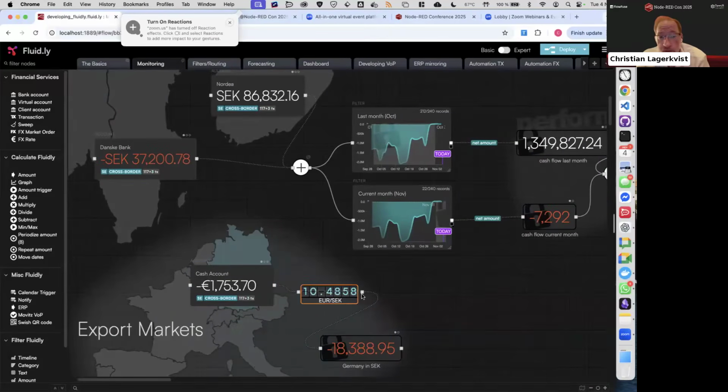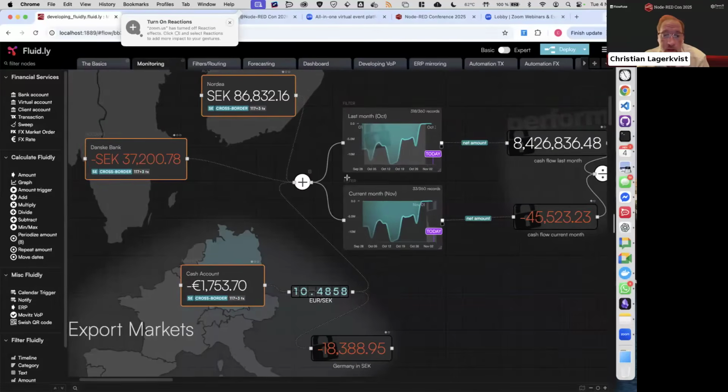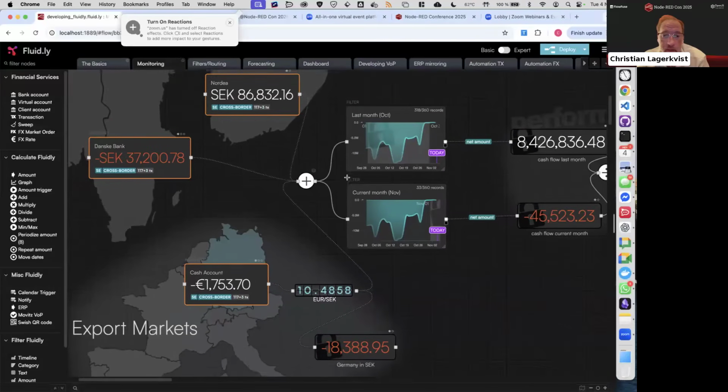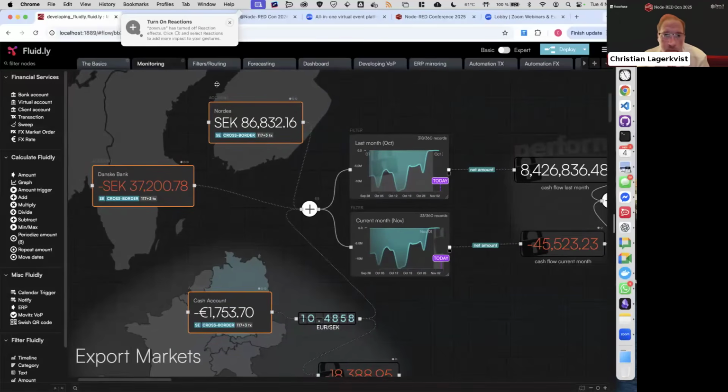I need to run those through an FX rate filter first. This updates every 30 minutes. And at the end of the rate filter, I can simply pipe that into the same group. So now I have 3 different accounts aggregated, calculated to the same balance, recalculated with new balances.